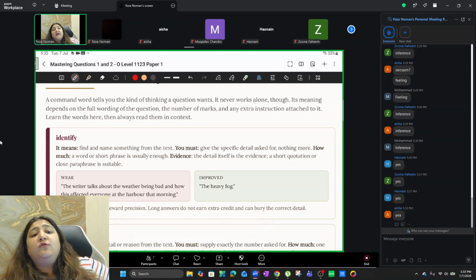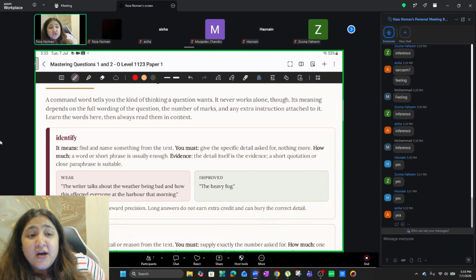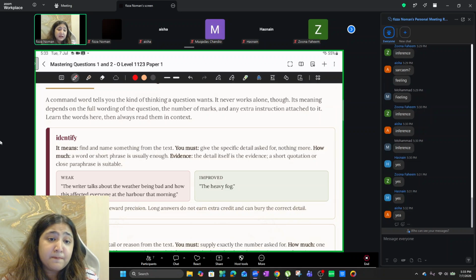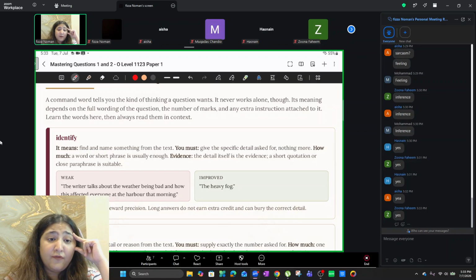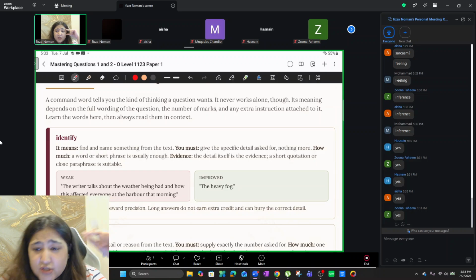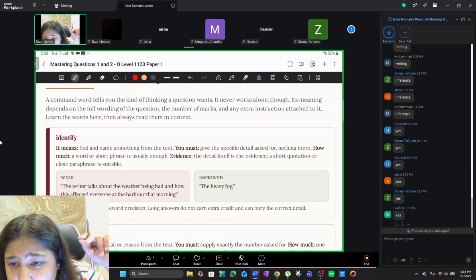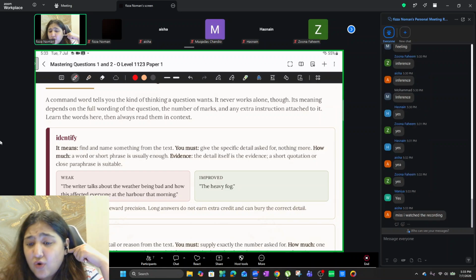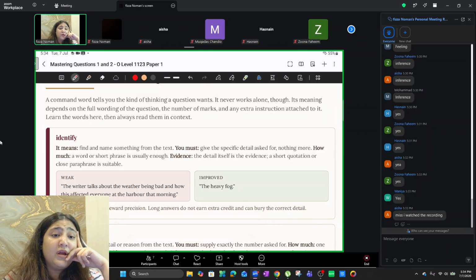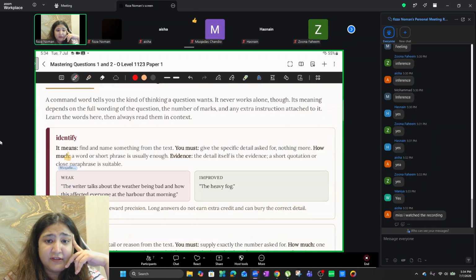Context wala jo point hai na, it's very important when it comes to O-levels English. Remember the kids who joined me from the very beginning? We talked about connotation versus denotation. Do you guys remember that? Connotation versus denotation. How many of you are familiar with that? Those who might remember this. Okay, Vania, Zuna, Aisha. Miss, I watched the recording. Okay, Aisha, that's amazing, beta. So, we kind of have the hang of that, understanding of that. We'll go through that again, though, for the convenience of the others as well. Hasnain, are you following, beta? All good?